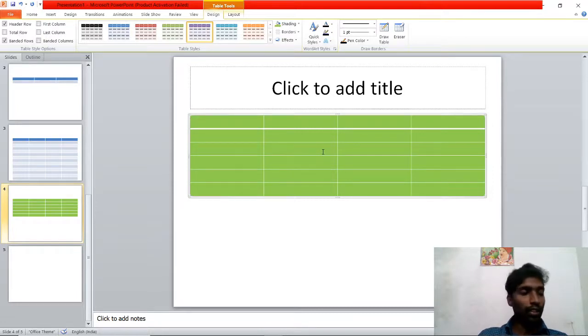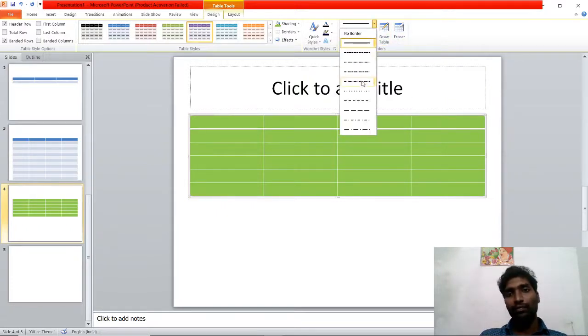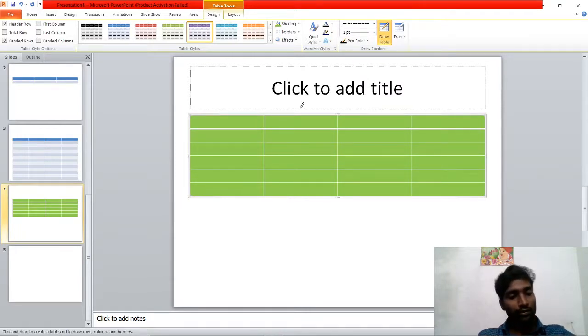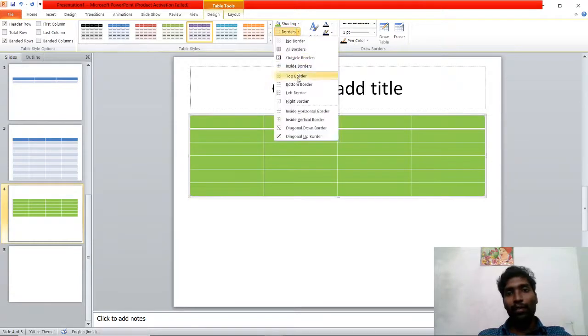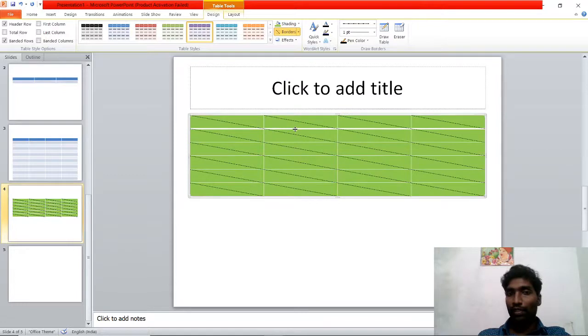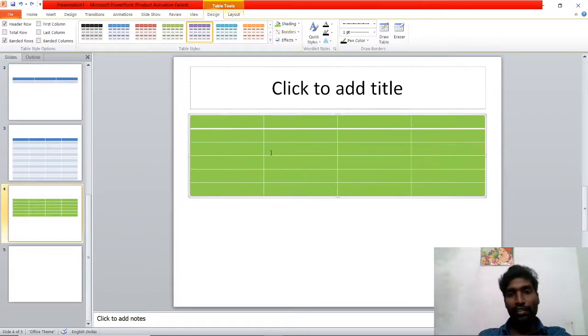After shading, applying border. Again, we just have to select the table with one click, same as usual. Now, when I click Border, there are so many styles. In each table, the diagonal is there.